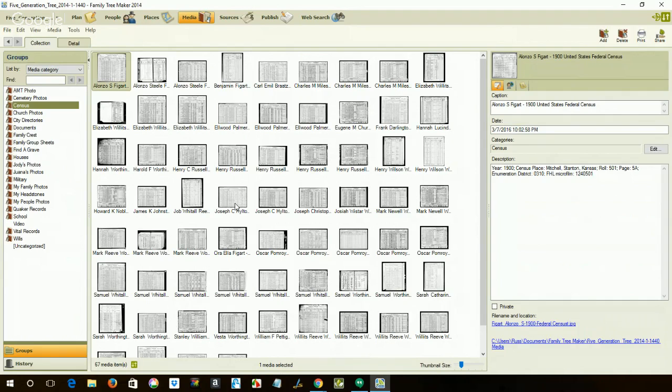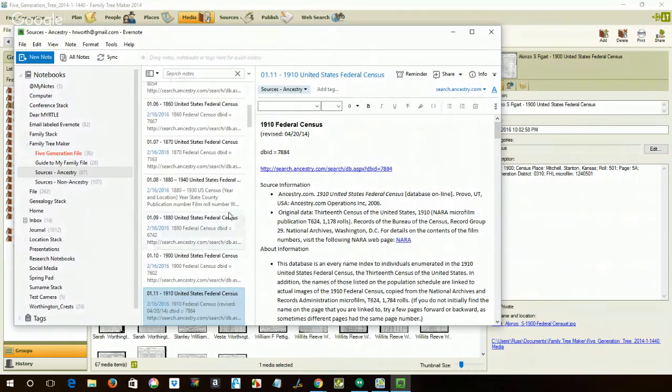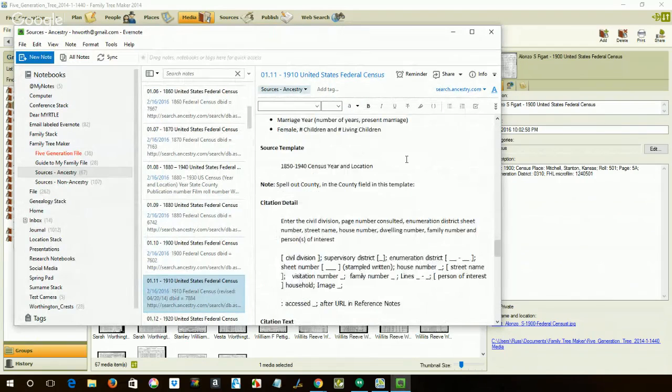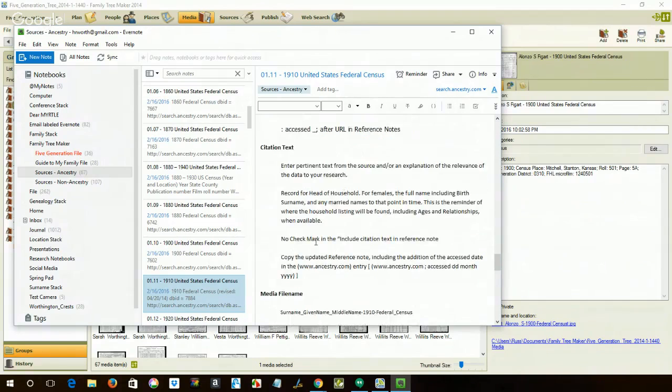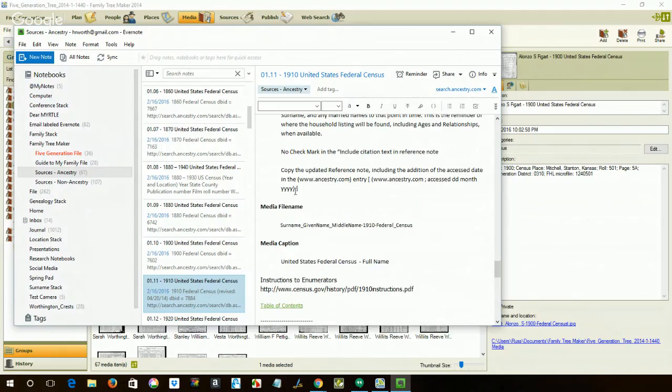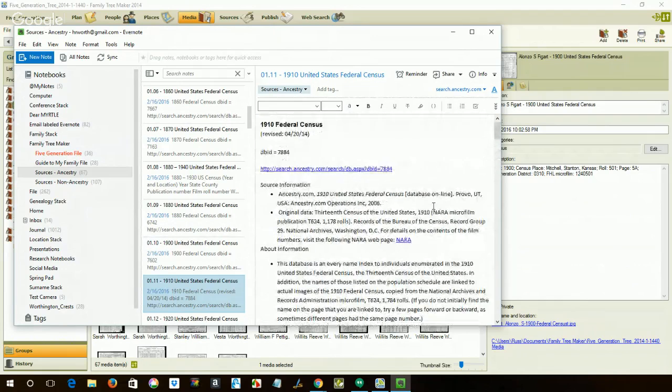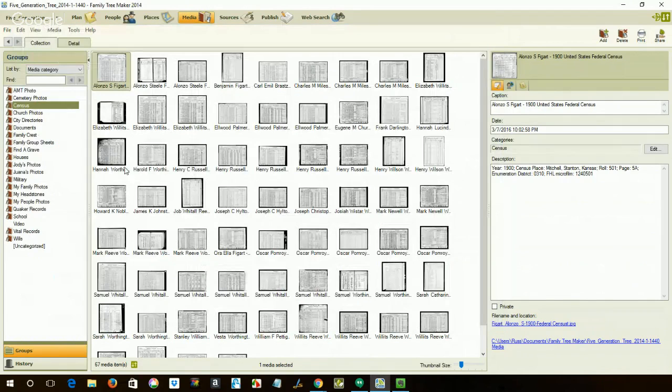But I've captured the data off of that record the way I have talked about in Evernote. Let me see if I can bring up that Evernote, and it was the 1910 census. So I captured all the data that was in here. This is how in Evernote I know how to set up the information for the citation and the file naming. All of that is in Evernote. Evernote's my brain, so I know how to repeatedly do what I just demonstrated in this recording. Now, I know that's a lot of work,